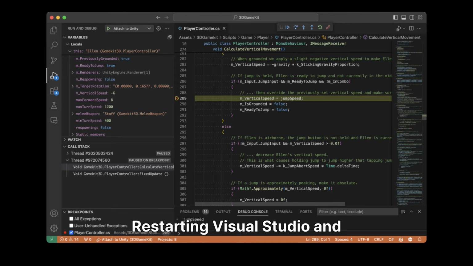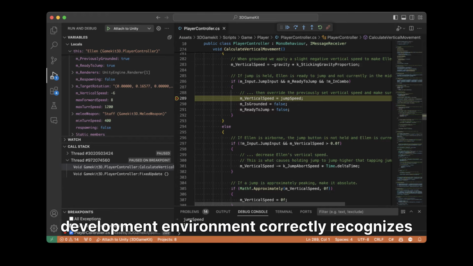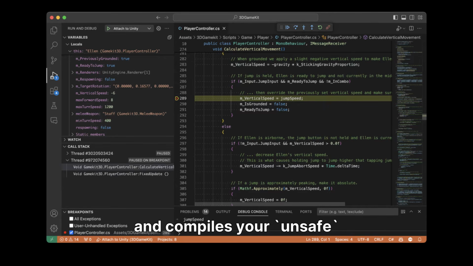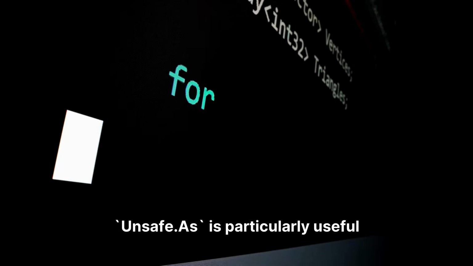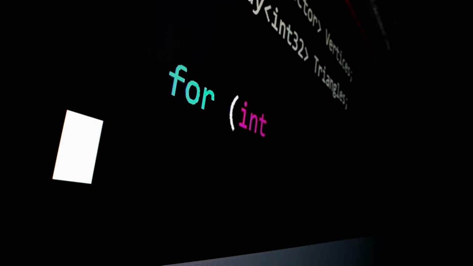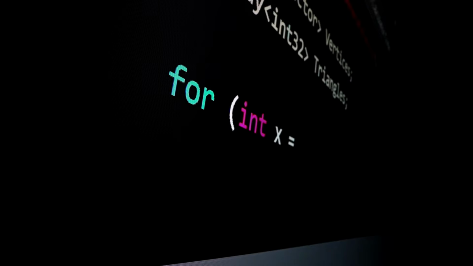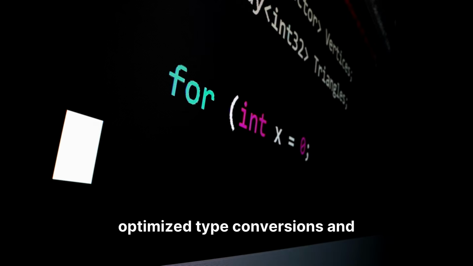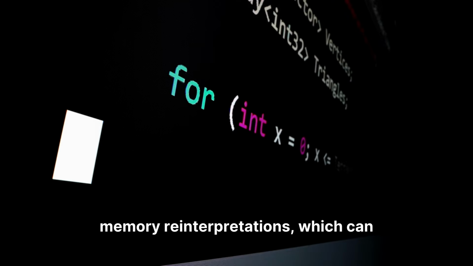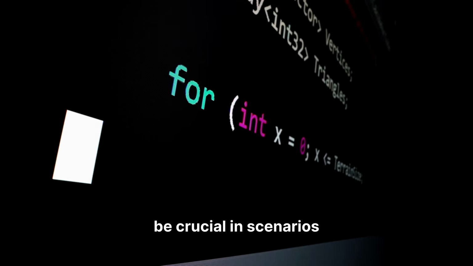Restarting Visual Studio and the Unity editor after these changes is essential for them to take effect. This ensures that the development environment correctly recognizes and compiles your unsafe code, preventing compilation errors and allowing you to leverage these advanced features. Unsafe.As is particularly useful when performance is critical, generic specialization is needed, or for low-level interop with native code. It allows for highly optimized type conversions and memory reinterpretations, which can be crucial in scenarios where